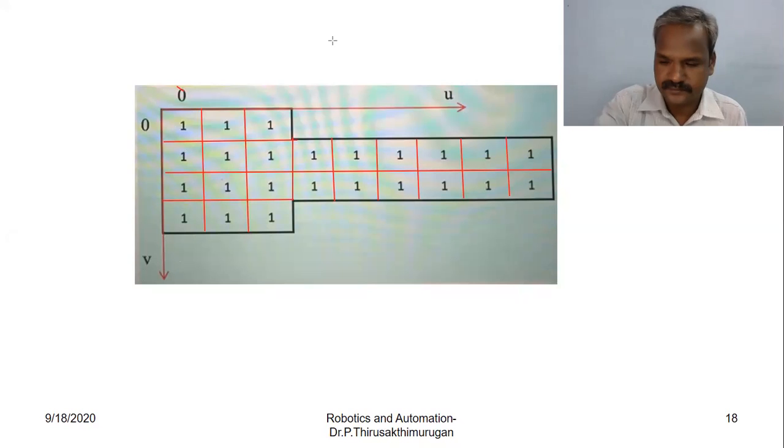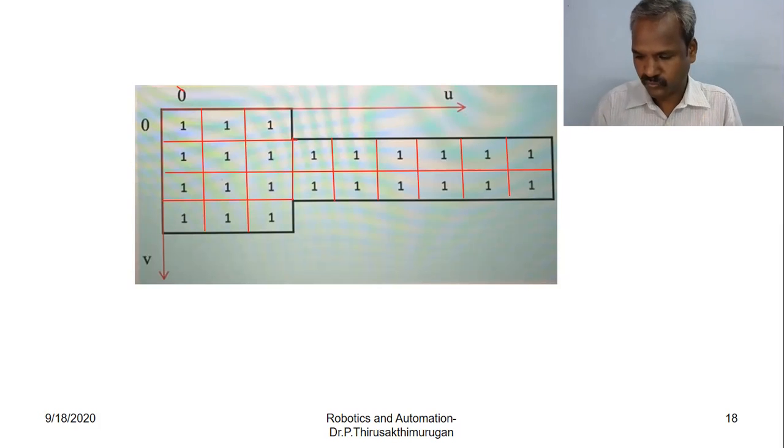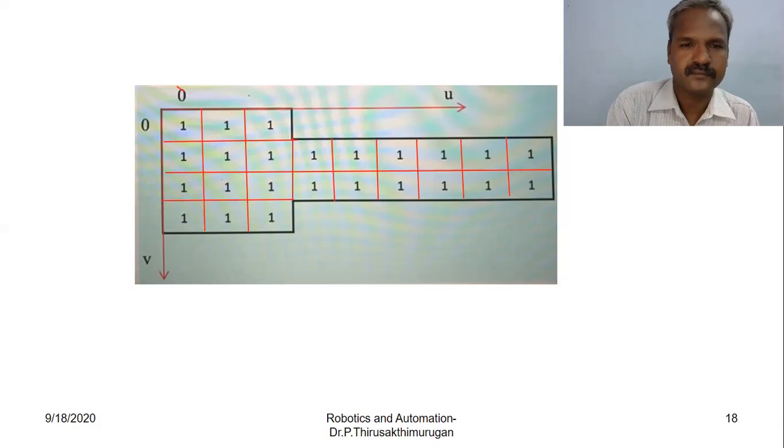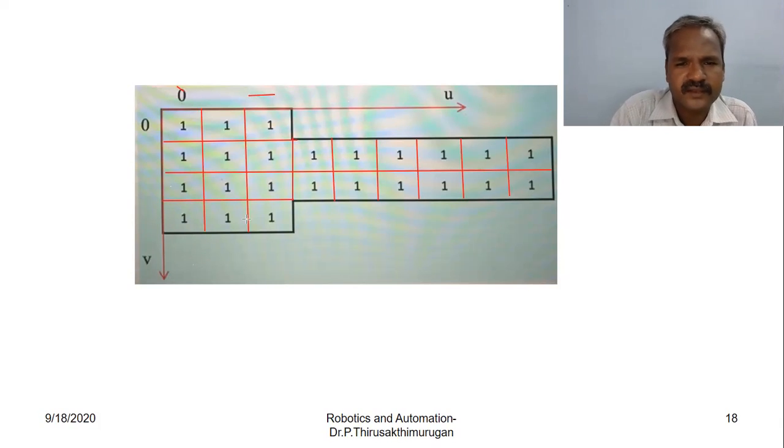So first, please take down: for this schematic image, determine the area.